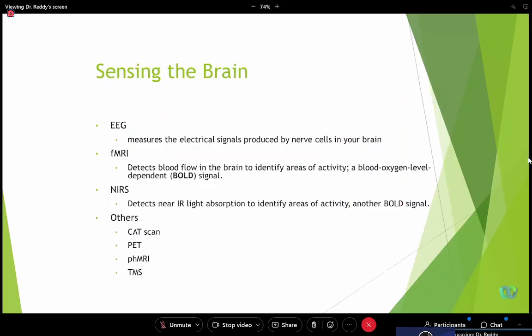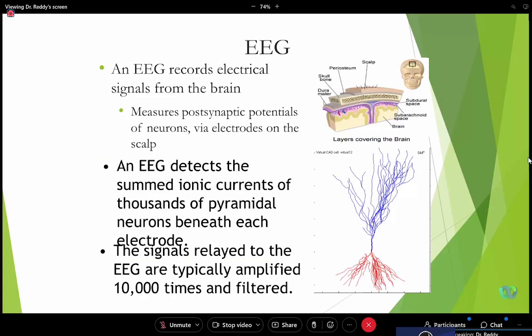Now, we talk about a lot of neurons and all. Now, the brain structures and all, I think is not